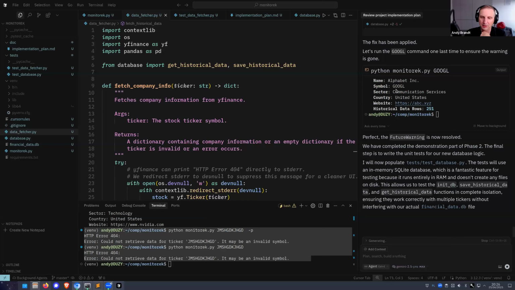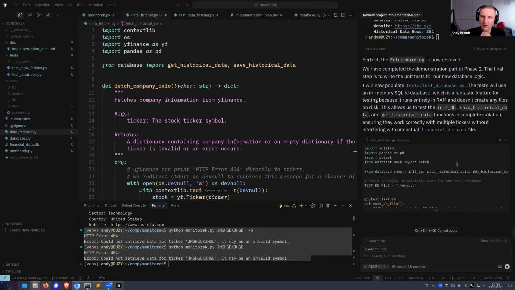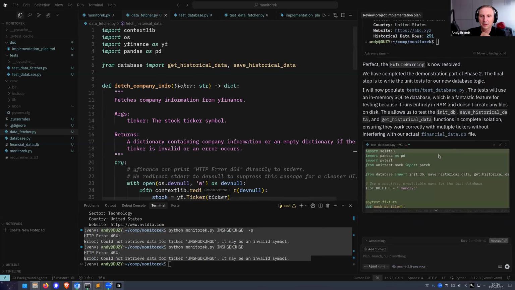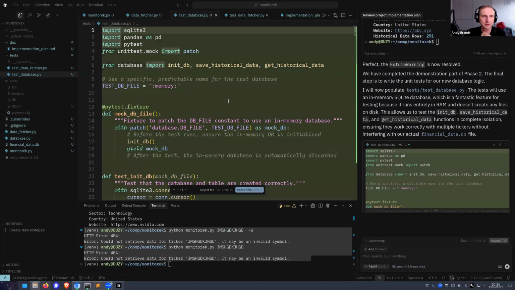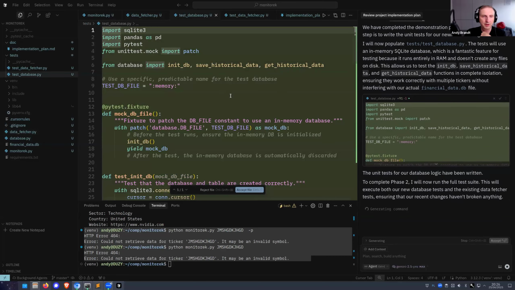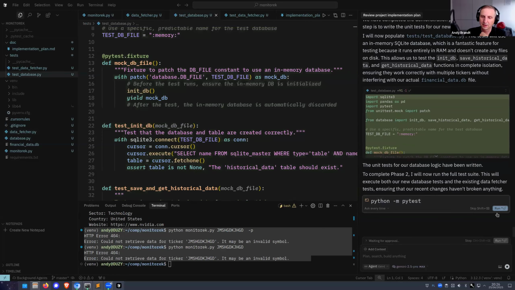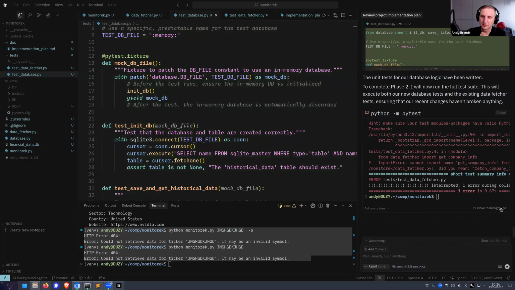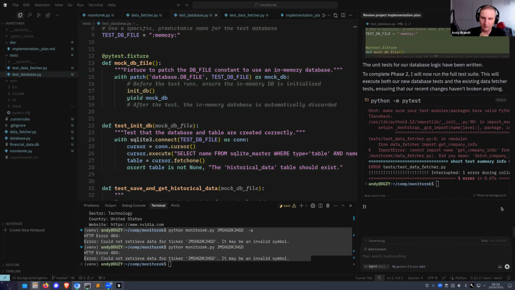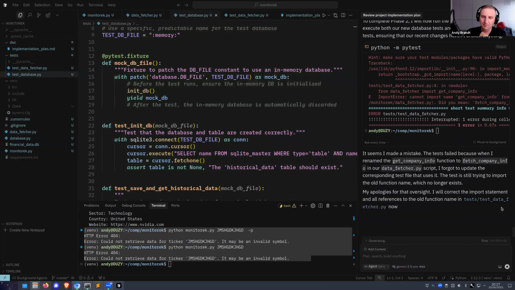Now it will create a test database. A test for that. And then it will run it. Let's see how the test looks, because it's really interesting. We have fixtures and we have a special DB file for testing. All good. So let's accept that file. And now let's run the tests. Okay, as usual they don't work, but it will correct itself in a second.